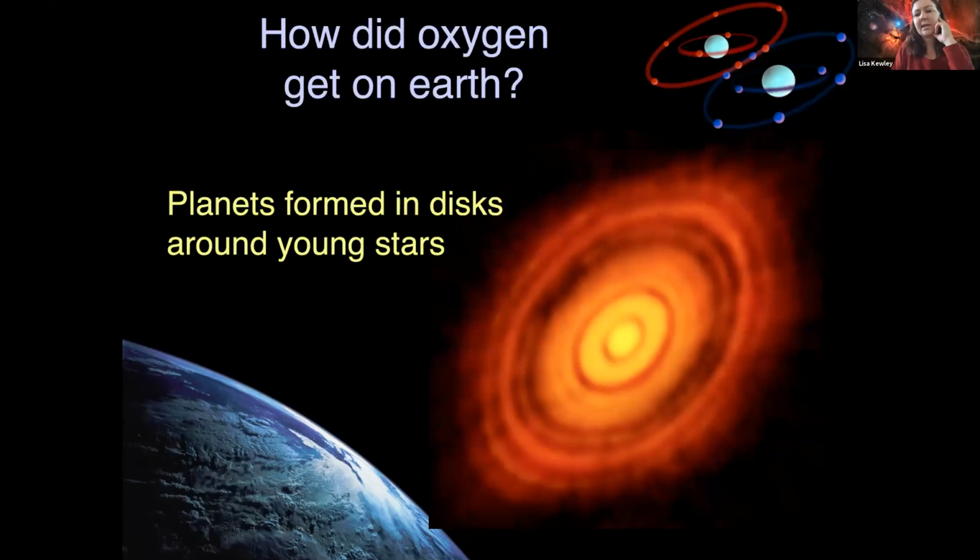So early stars were always spinning, and they're still spinning. We can actually see young stars around us today, and they're spinning. Stars are made of gas and dust, and if a star is spinning, then it will always form a disk around itself. And so the very early stars have a disk around them.